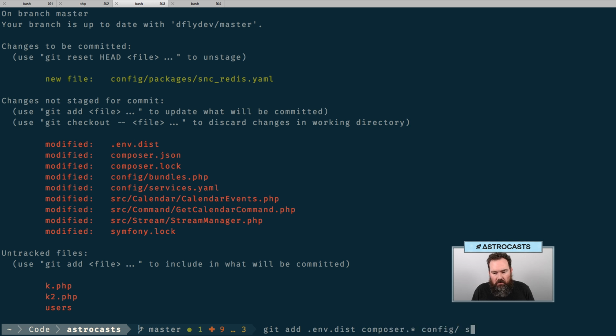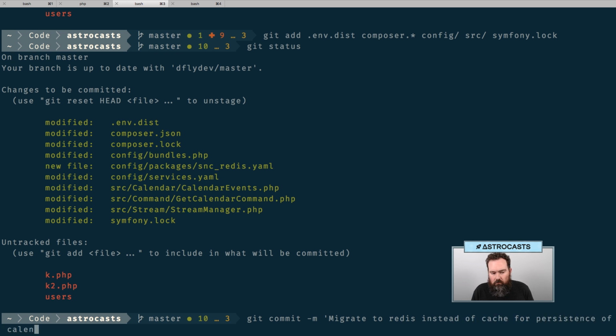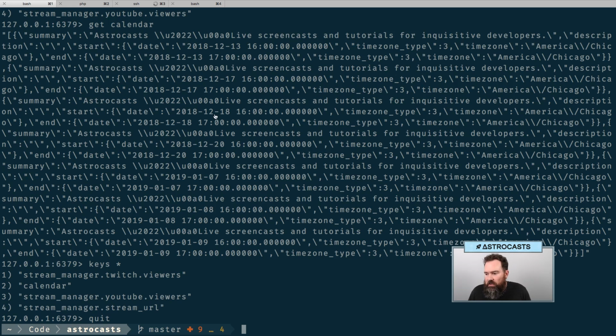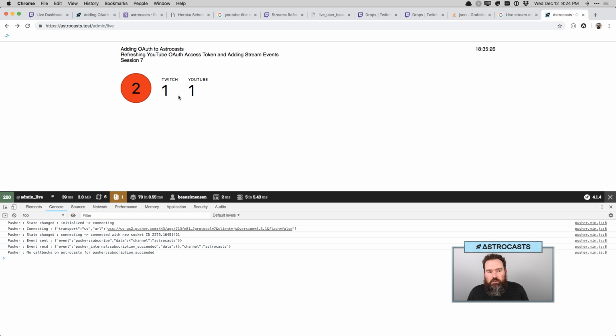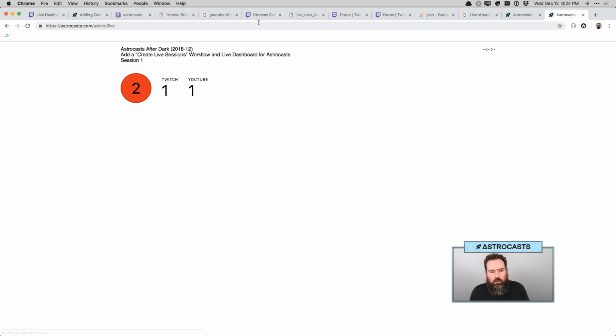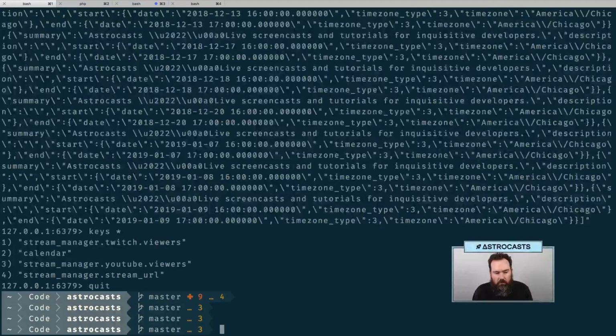Let's see here. All right. So what I'm guessing we're going to see as soon as we push this live, once it actually gets there, is it's going to clear the cache, and we're going to drop to zeros, and we're going to go to gray. However, with any luck, as soon as I run a couple of commands, this will become a lot more stable. So let me go ahead and go to,